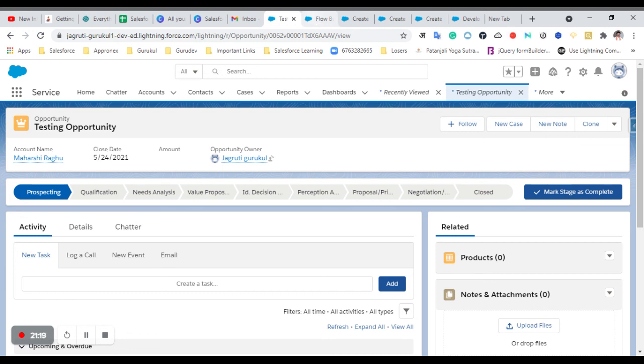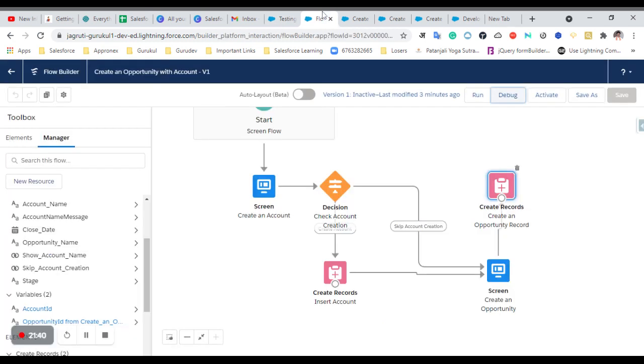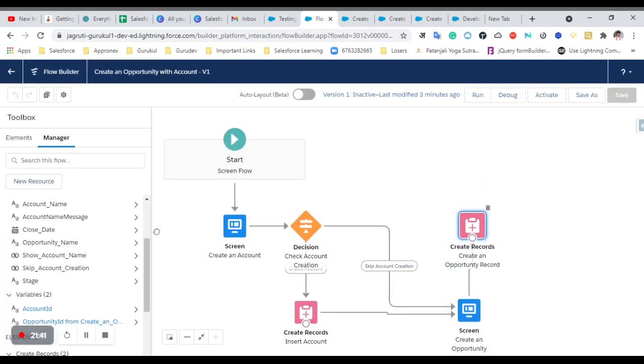Now, this is the time for assignment. First of all, you can follow all the steps that I did here and practice using all the things. After that, you need to create one flow as I created here, and the name for that flow will be create contact with account. It will work the same way.